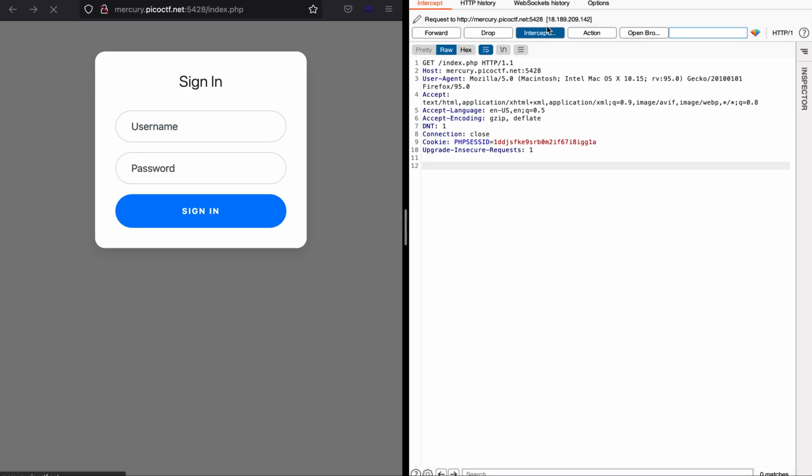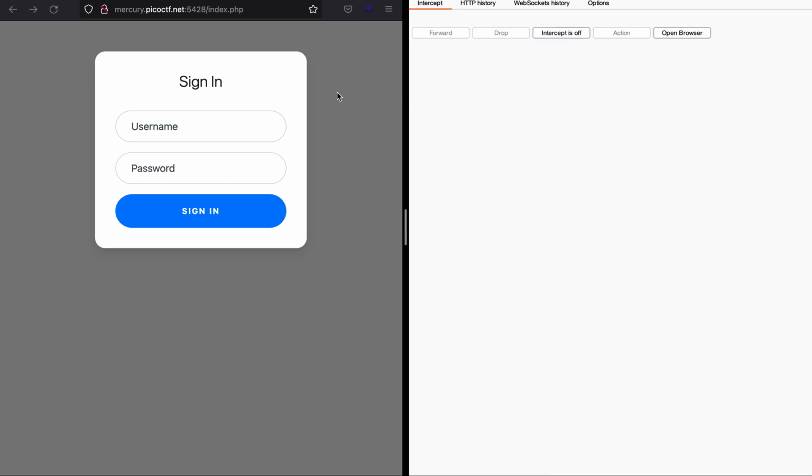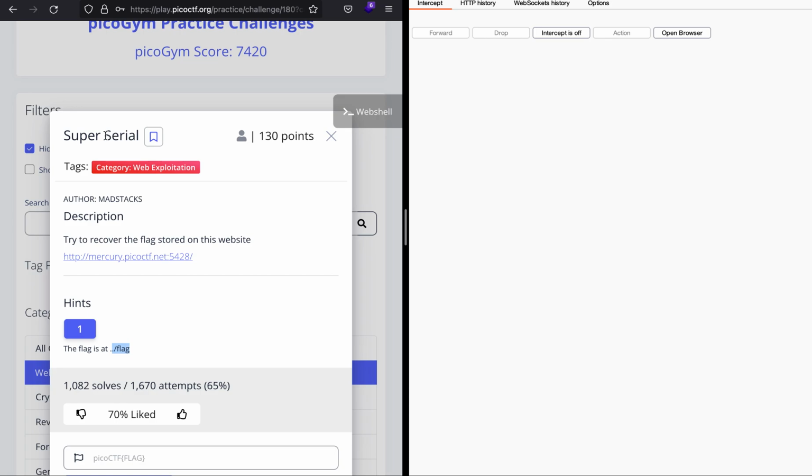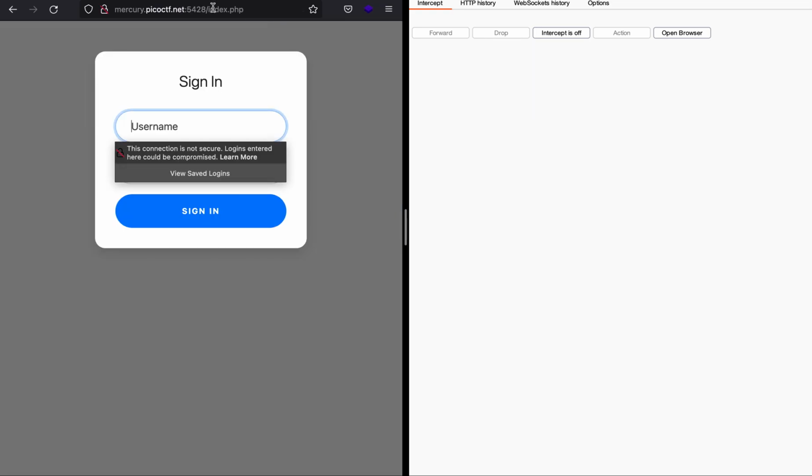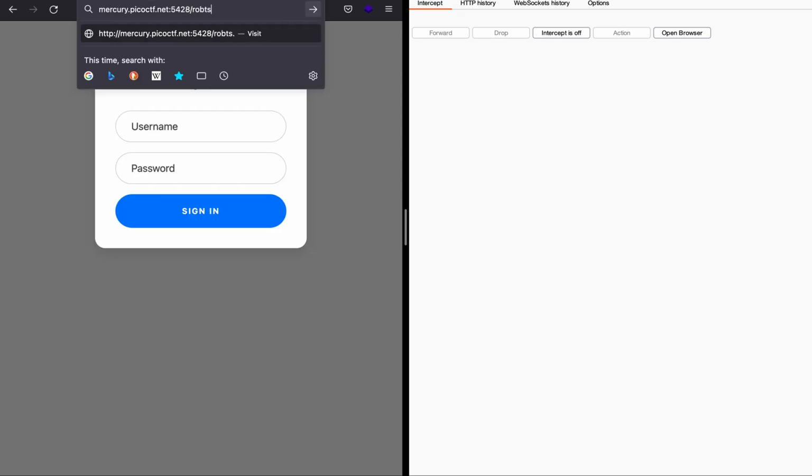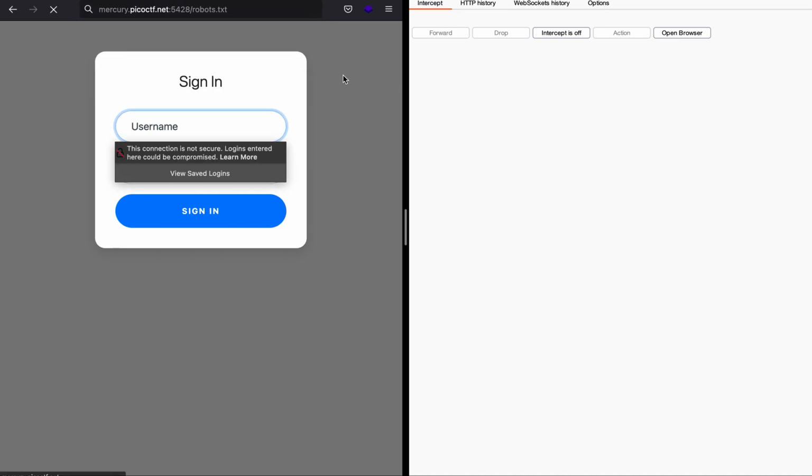This could be because of a htaccess file that is put into place. So that is fine. Here, because of the challenge name, we can guess that it is a serialization unserialization vulnerability. So you can look for SQL injection and whatnot, but it won't work because I have tried it. So let's just go to the robots.txt file and see if it is there. It is part of a reconnaissance journey.